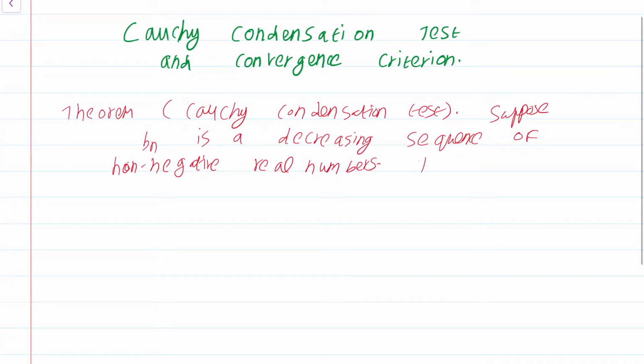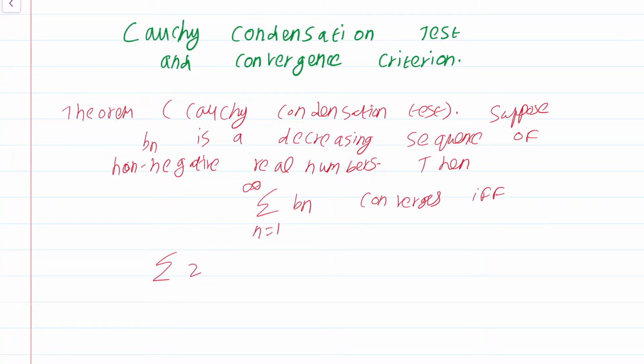Then summation n equals 1 to infinity Bn converges if and only if summation 2 power n b 2 power n equals 1 to infinity converges,